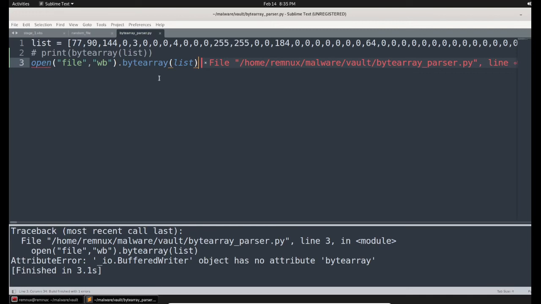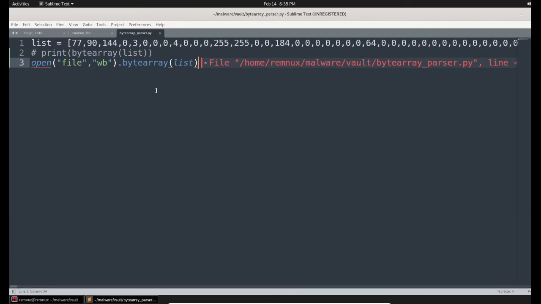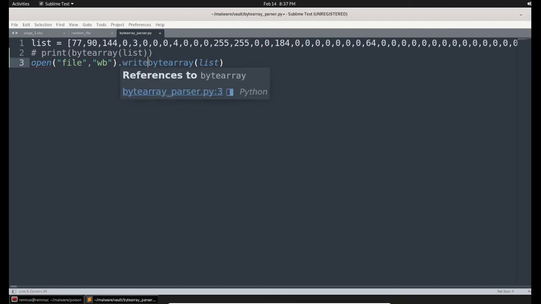I'm getting the error. I made a mistake actually. Let me check what it is. I made a mistake here. So let me correct that. Now I'm writing the entire content of the byte array function operation into this specific file.